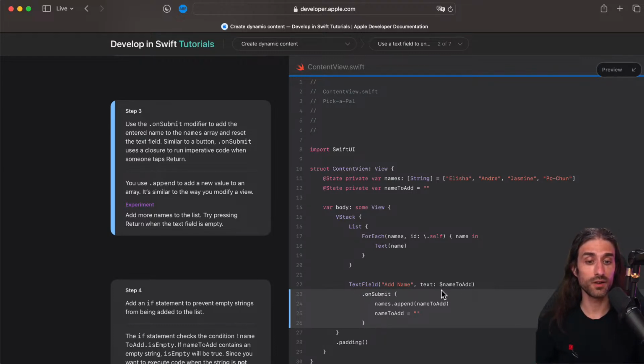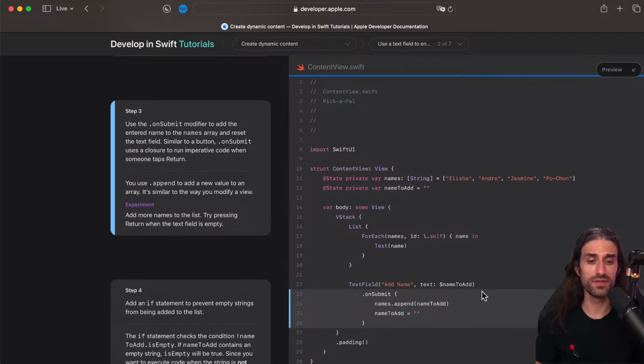Same thing for a text field. A text field with no binding to a string to read and write to makes no sense. That's why you pass this binding in the init. However, it makes total sense for a text field to not have any specific behavior for when the return key has been hit, because maybe you don't want to do anything in that case. That's why, since this is more of a secondary or an accessory use case, the closure is passed through a modifier.